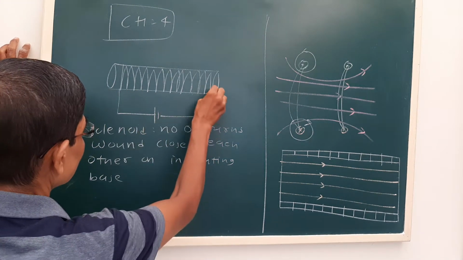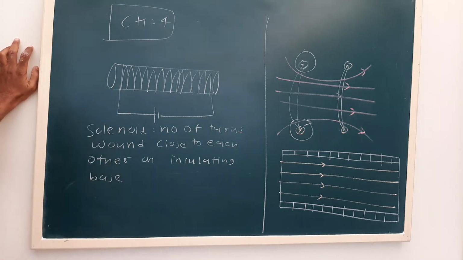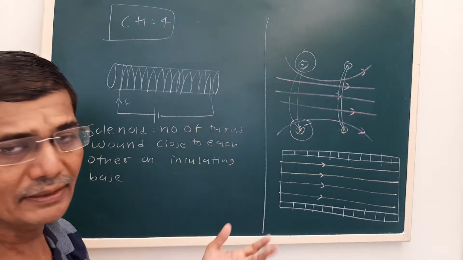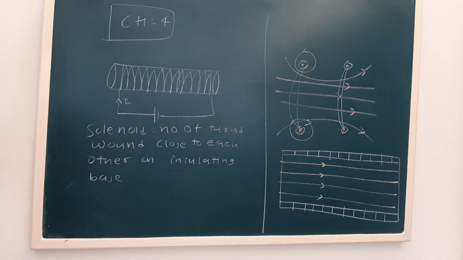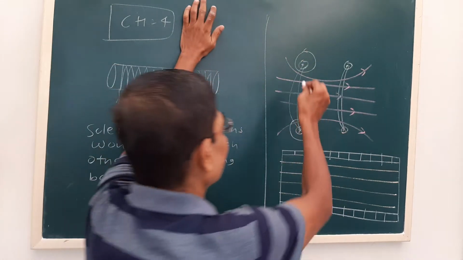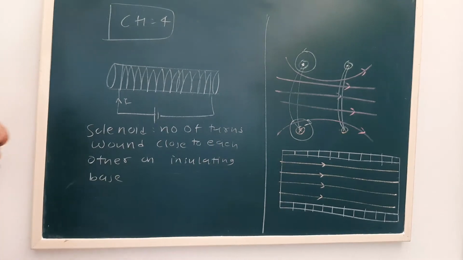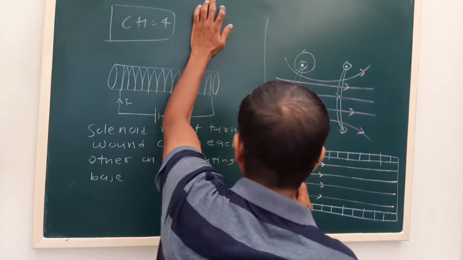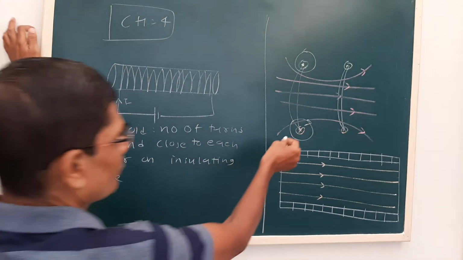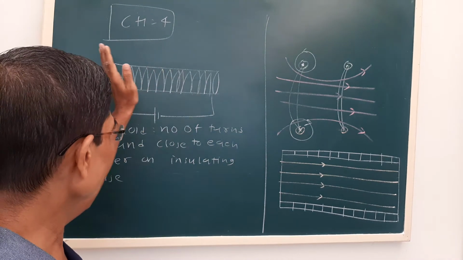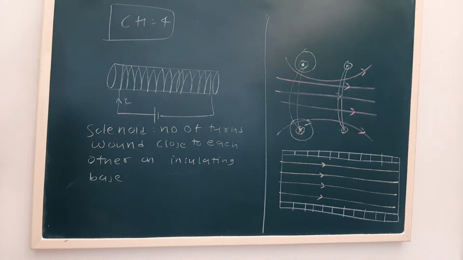Now, suppose we connect a solenoid like this. On one side the current will be going inside the plane, and on the second side, let us say the current direction is I, on the other side it will be out. So here also, if the current is in the anti-clockwise direction, the magnetic field will be shown by a dot, that is, coming out of the plane. On the opposite end, it will be going inside the plane. So this will happen for the number of turns wound next to each other.